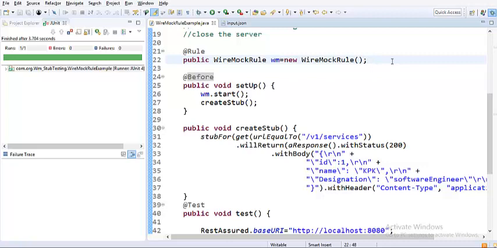So in that case, how do you configure it? Again, this is the same thing, but WireMockRule has an overloaded constructor that takes a new WireMock configuration.